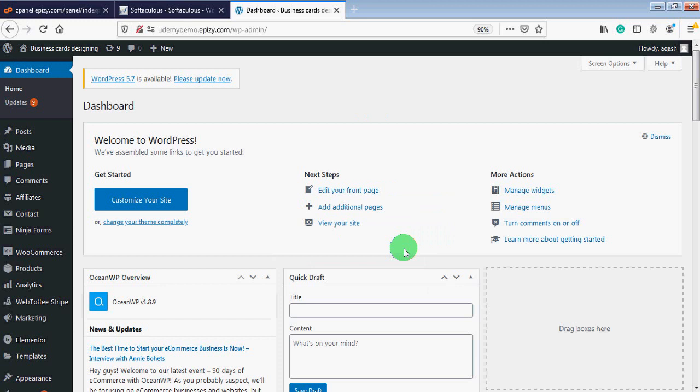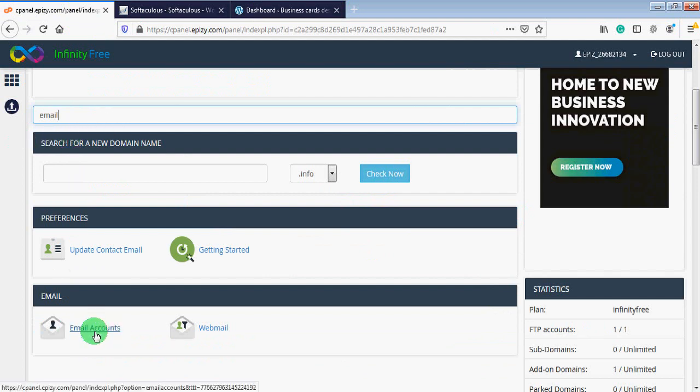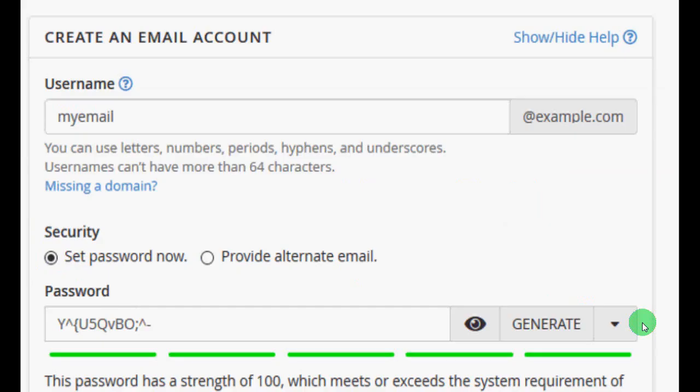Now one thing is remaining, that is how we can create business emails with Fastcomet. So we will go back to our control panel, and here in the search bar you will search for email accounts. So here you can see the email accounts option. Just click on this and then click on the create button, and then provide a username like admin@yourwebsite.com or info